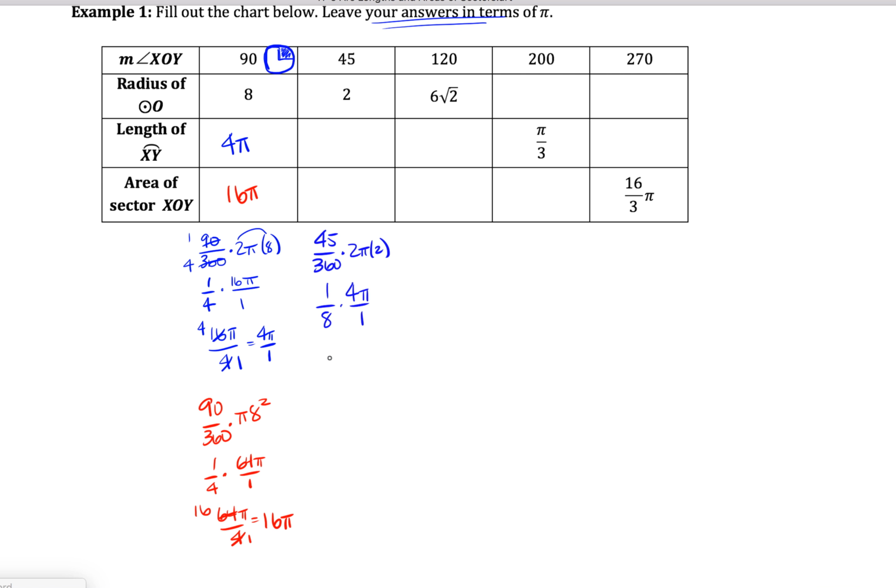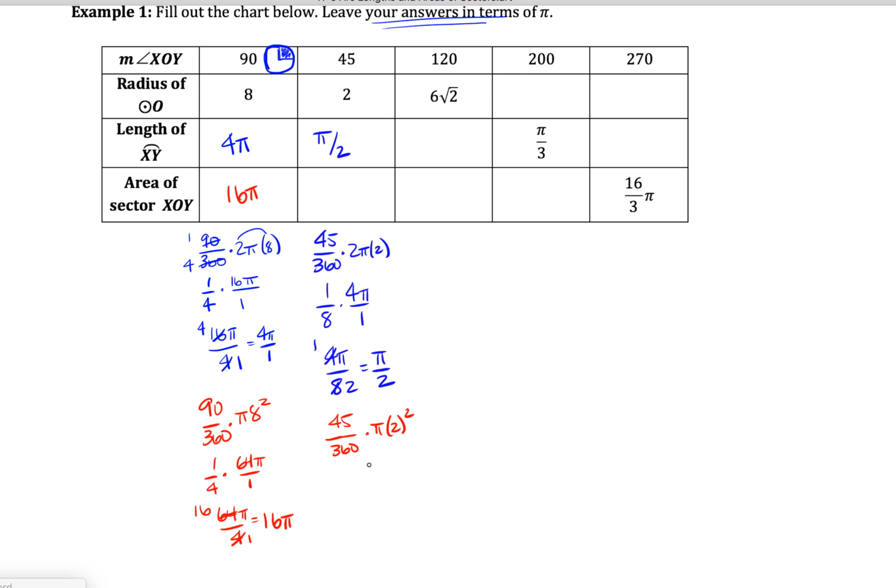We multiply numerators and denominators. And now we have 4 pi over 8. Reduce this by dividing by 4 on the top and the bottom. You get 1 and 2. So now this is going to be pi over 2 is our final answer. Pi over 2. For the sector area, we're going to take 45 over 360 again, multiply it times pi r